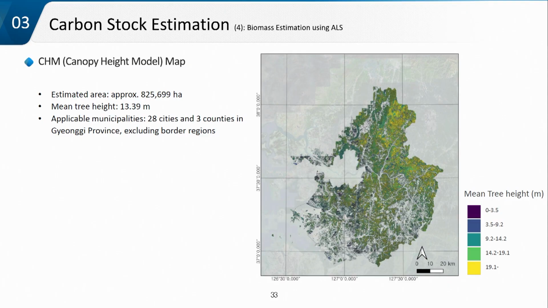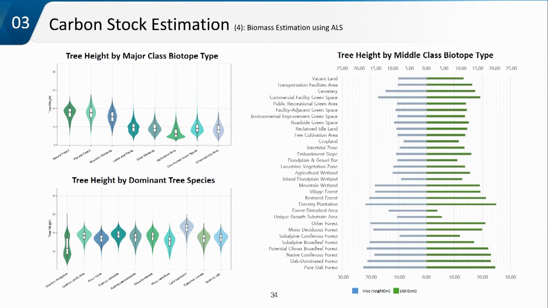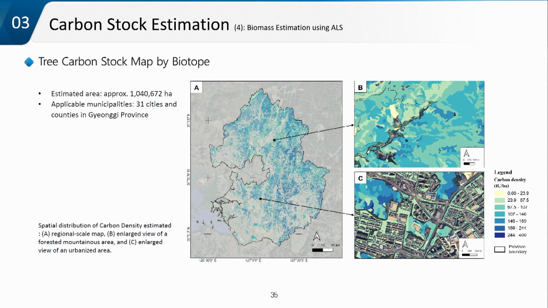And finally, we made a regional scale canopy height model from the high density airborne LiDAR dataset. We successfully derived this kind of inventory by biotope types and species across this region. This is an example. We provided the vegetation carbon stock not only in the urban, not only in the forest region, but also the small urban canopy patches. I think that is enough to use for the carbon offset program later.